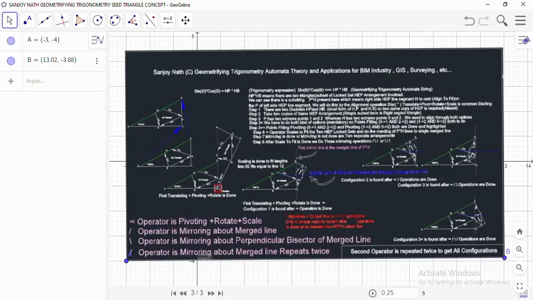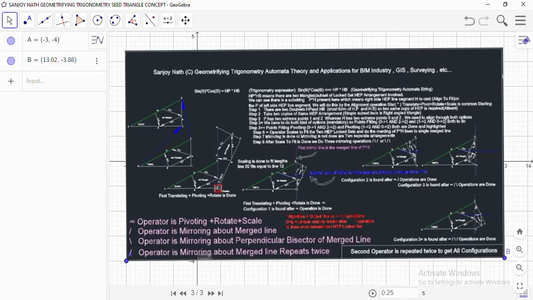Welcome to the world of geometrifying trigonometry. You already know that there are several kinds of trigonometry, where hyperbolic trigonometry, elliptical trigonometry, and rational trigonometry are also there. When we are talking about geometrifying trigonometry, our fundamental mission is to convert any trigonometry expression into